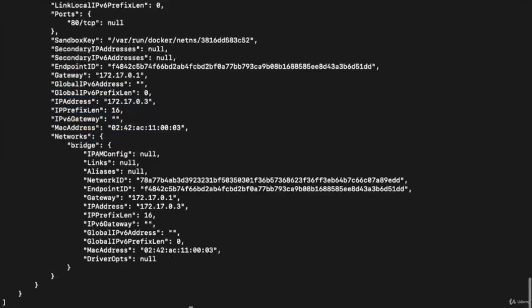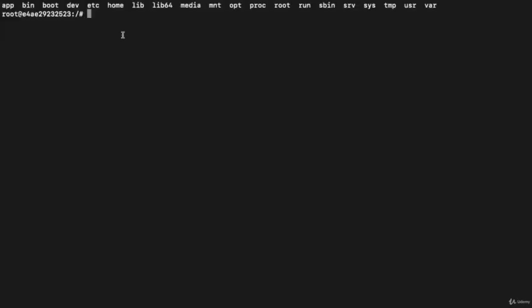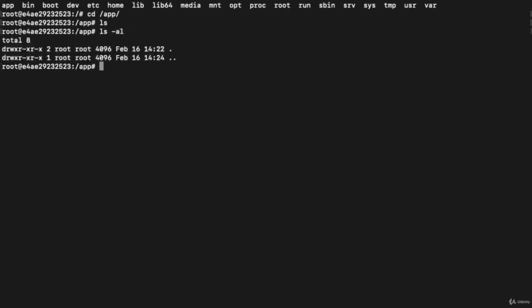Now let's go to the running container, so I will execute the command docker exec -it nginx bind bash, and hit enter. You can see right now I'm inside the running container. If I enter ls, over here we have the directory app. I will go to this directory, cd app, right? Put ls, there is nothing. Let me use ls -al. So there are no files; the total is 8, but all are hidden.